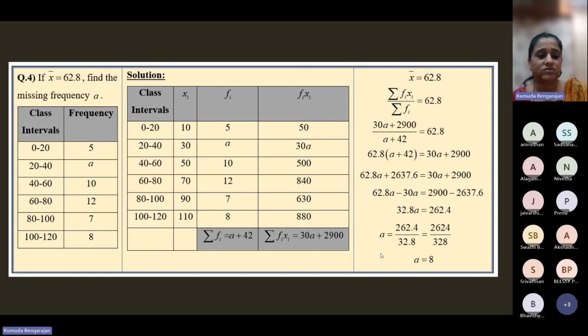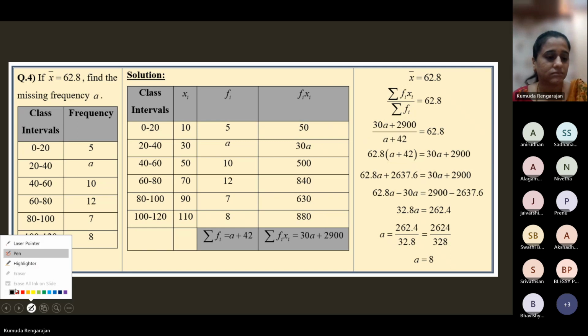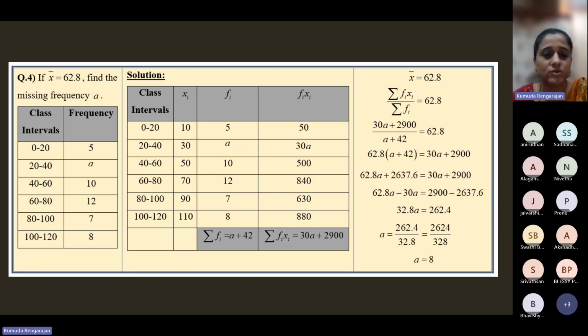Generate the columns as usual. So write out the class intervals. See, I told you, you can exchange these two columns. You can write fi first and then xi. So don't get confused with that. You can exchange the columns. All right. Then generate the fi xi column. Same thing, but be careful when you multiply. Now when you write the fi xi values,